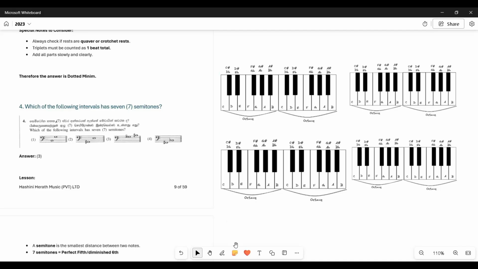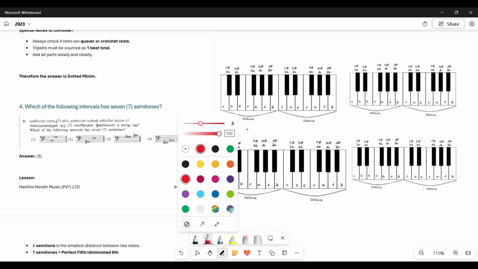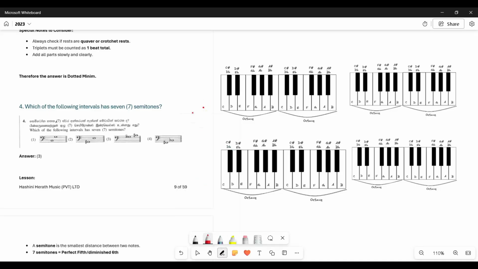Okay, next question would be, which of the following intervals has 7 semitones? Okay, let's look at the first interval. It's B to G, B to G, let's look at how many